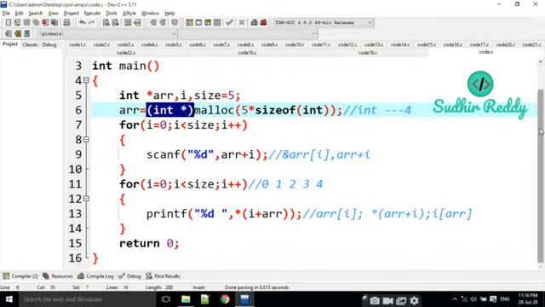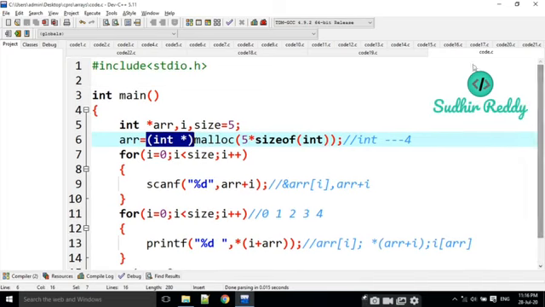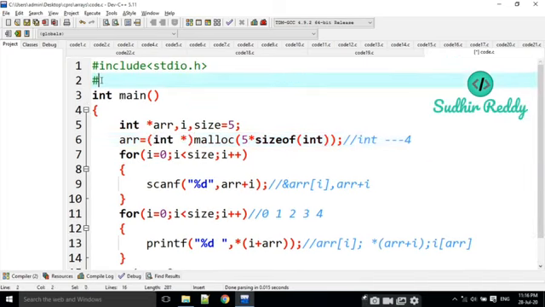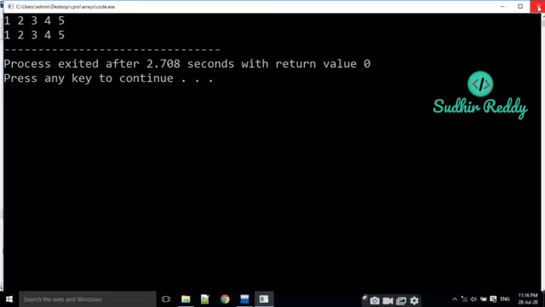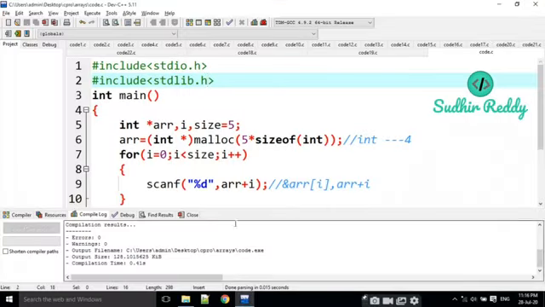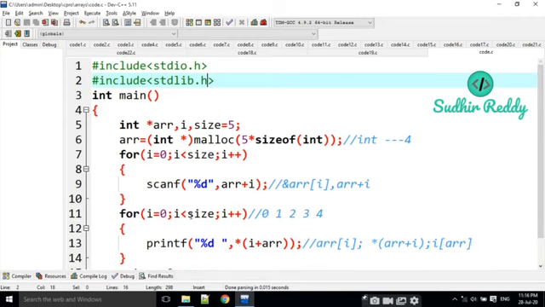When we are using malloc or calloc, we have to include one more library, that is #include stdlib.h. We have to include this header file. If I am going to execute, there is no error at all. In this way we can use malloc, the dynamic memory allocation.